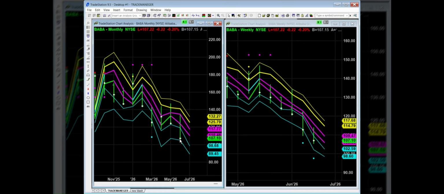and for the whole month it dropped exactly down to this bottom blue trend line. That's a major support trend line in the monthly chart. It touched that trend line around $106 or so, and then rebounded slightly, closing around $107. So after it reaches this bottom blue support trend line in the monthly chart, it is expected to have another rebound. In the early stage of the rebound, it potentially has some kind of consolidation stage,